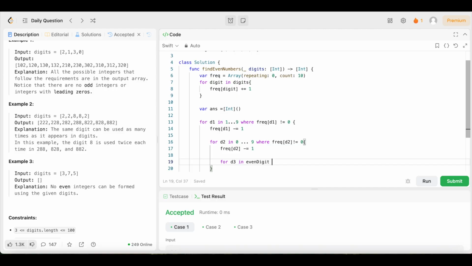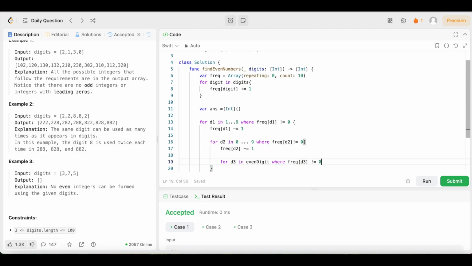This is the first digit, the hundreds place, this is the second digit, the tens place, and the last digit is the ones place, and that has to be an even number. That's what we're working on now with digit 3, where freq[d3]